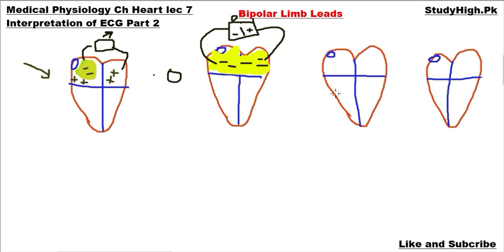Then what will happen next, after complete depolarization of atrial muscles? The impulse will start moving through the AV node into our ventricular muscles. First, the region that is depolarized is the ventricular septum. This region is depolarized first. As a result, what will happen? This region will contain strong negative charges, whereas the other region that is still in polarized form will contain positive charges.